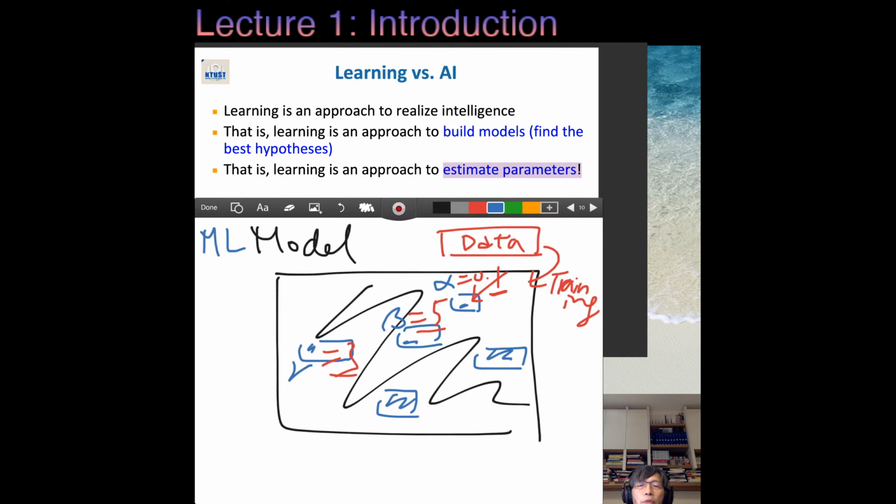So before now, we relied on experts to help us decide those parameters. Not anymore, because the expert may not know all the things. Data may know all the things because data will actually be collected by different people for different situations. It will be more broad than just a single expert.